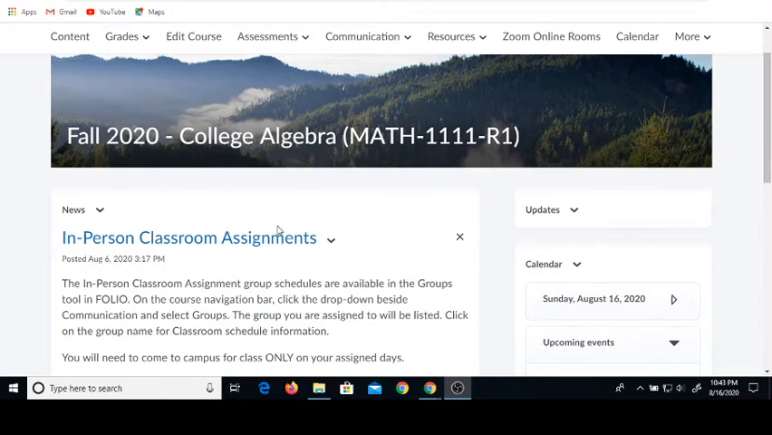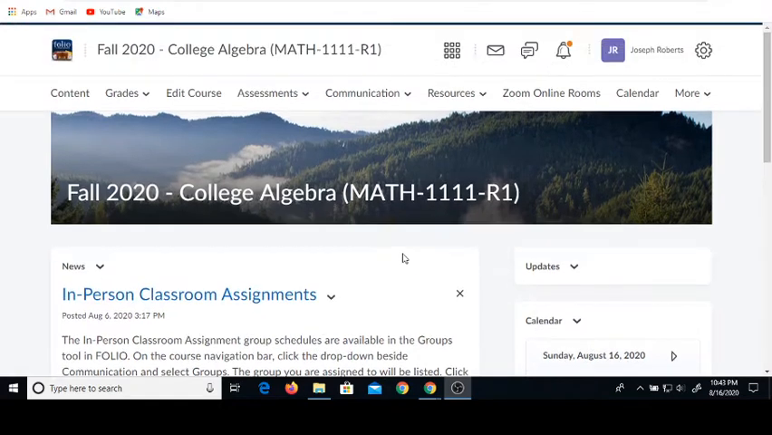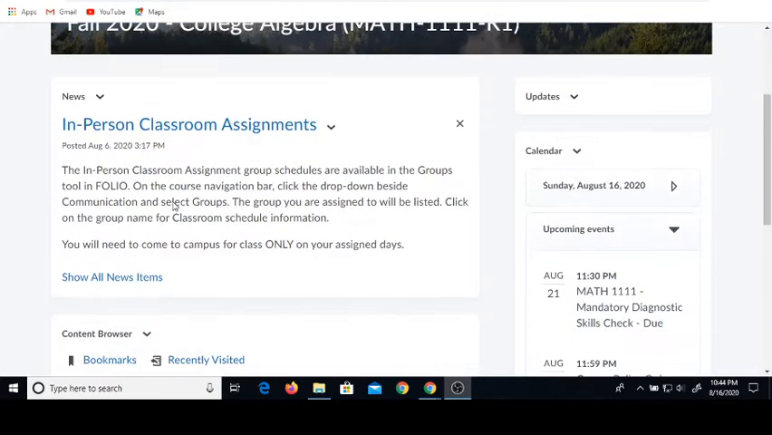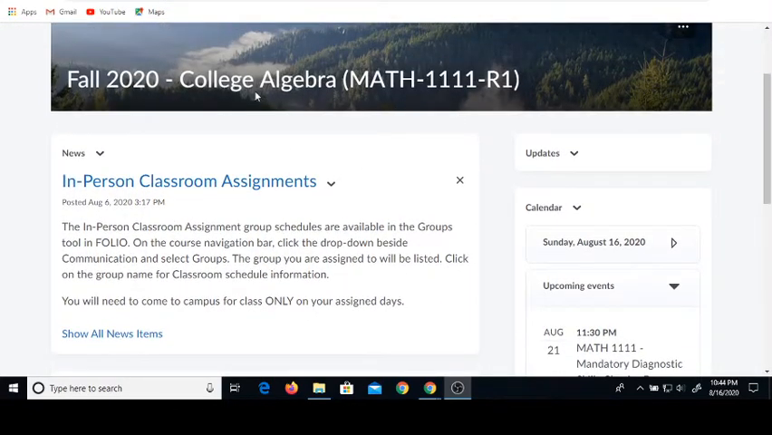I'll be your mathematics instructor for the semester, and I just want to briefly show you how to navigate FOLIO. Navigating FOLIO is going to be crucial to being successful in the course. When you log in and open up the course FOLIO, it'll look something like this. Now this is for one of my college algebra classes this semester, but all my classes will have a similar